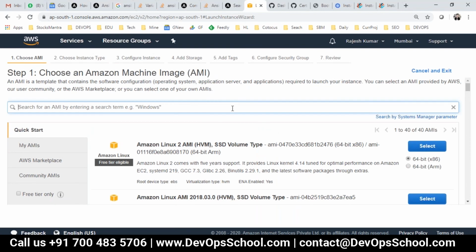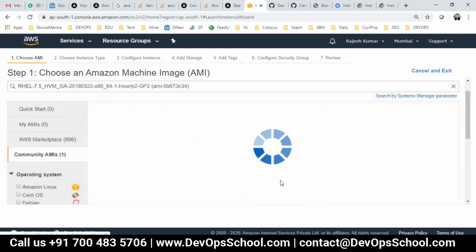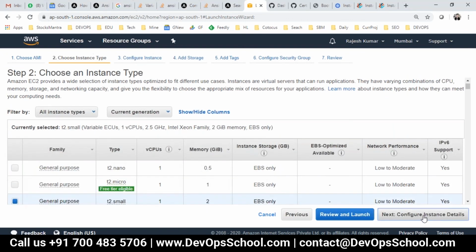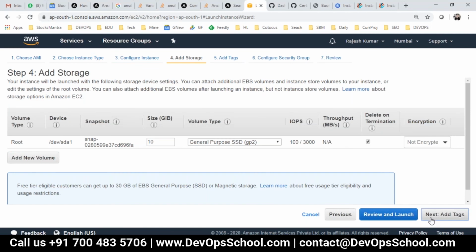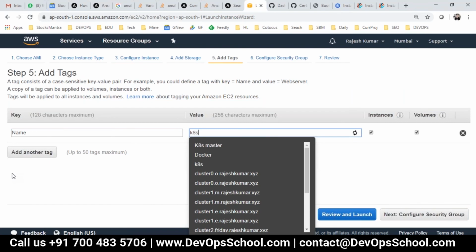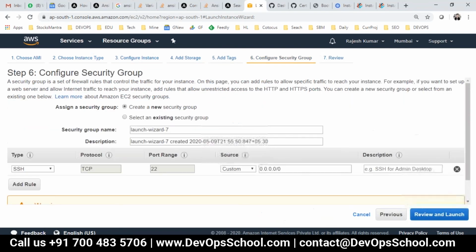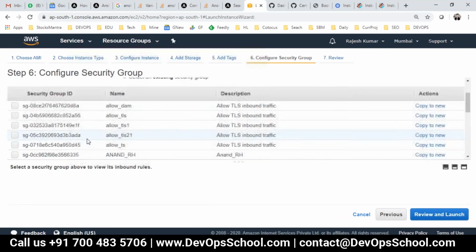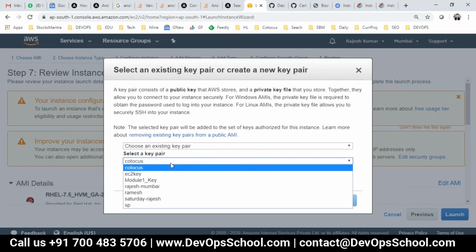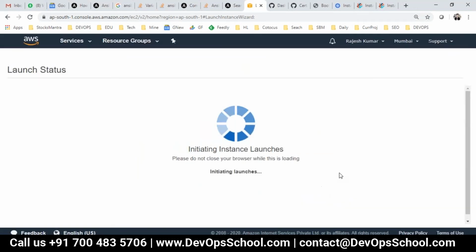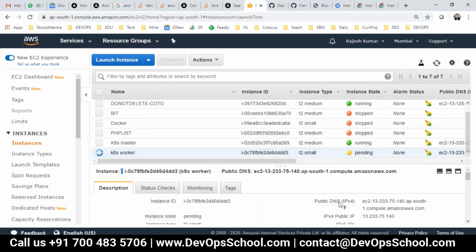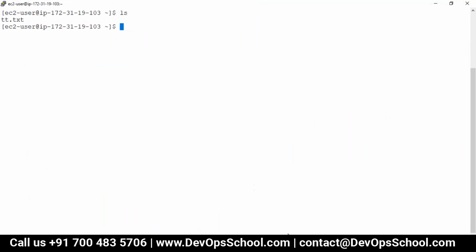So guys, I am creating one box. Okay, I'll go for 1 GB, 2 CPU, or 1 CPU, 2 GB, one machine. 10 GB is okay for the time being. Name: worker, KX worker. Configuration done. Guys, no firewall. Remember, this is a worst practice. I'm doing it just for learning. I don't want any port related permission issues right now. I want a flawless lab demo, sorry, and that's all.